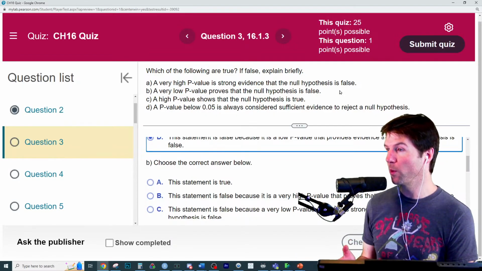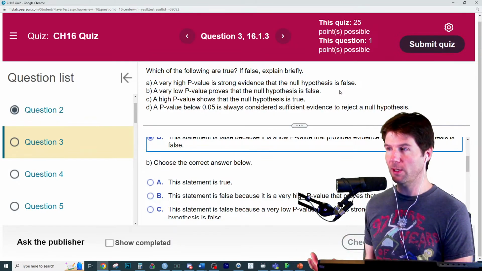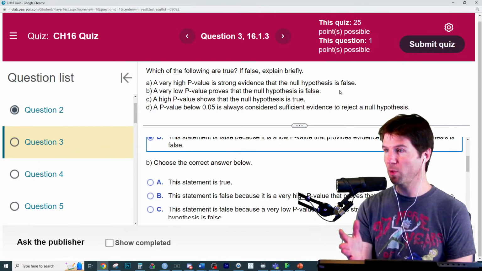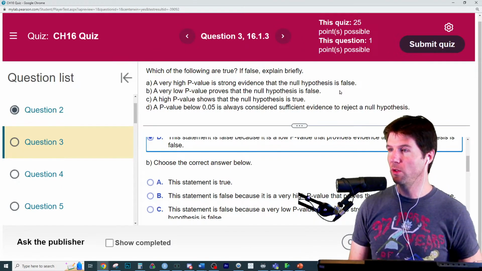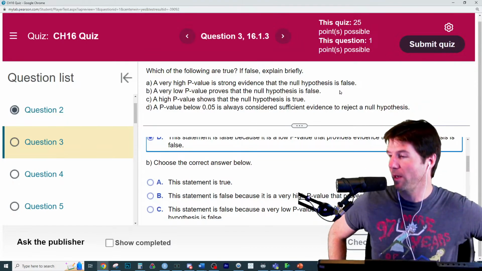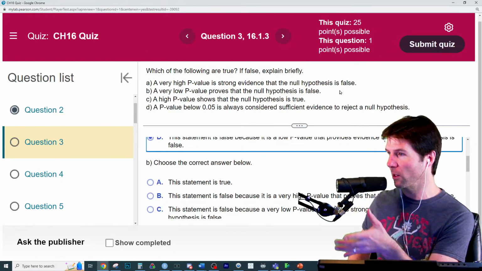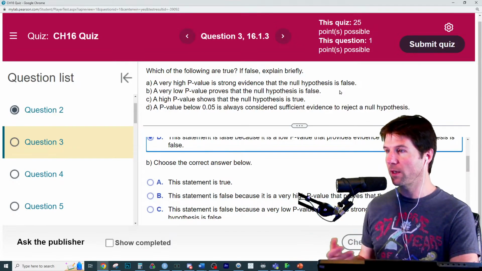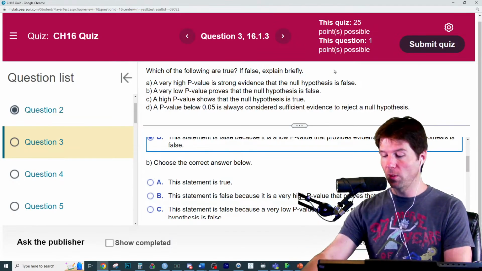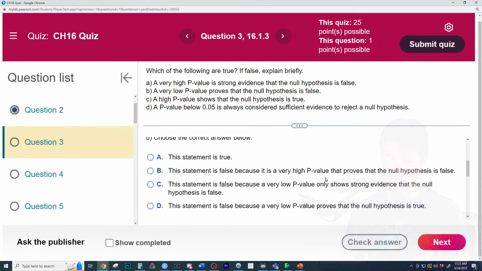Do we talk about prove or cause? Like with regression, do we say this causes this? Or would you say I've proven this in statistics? Do we use the word prove? No, we don't. We talk about evidence. Like we have good evidence. How strong is our evidence? How low is the p-value? The lower the p-value, the stronger the evidence. So right here, just the word prove is wrong.